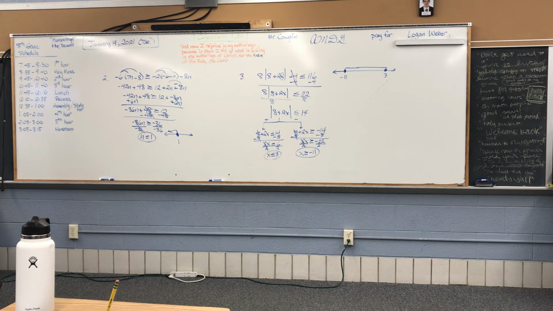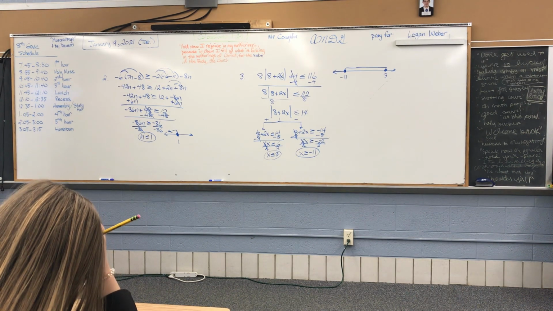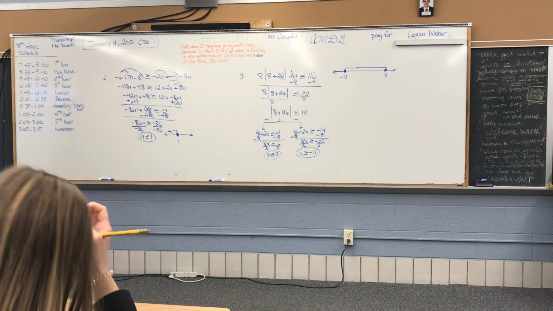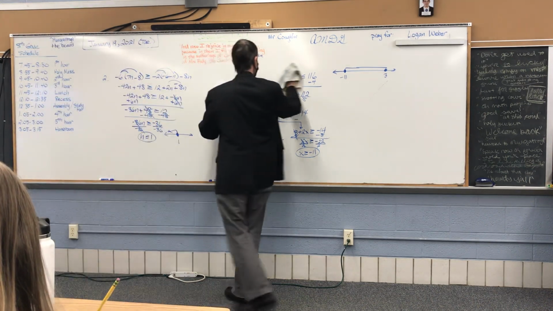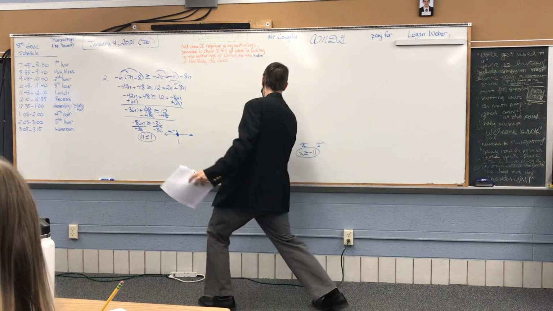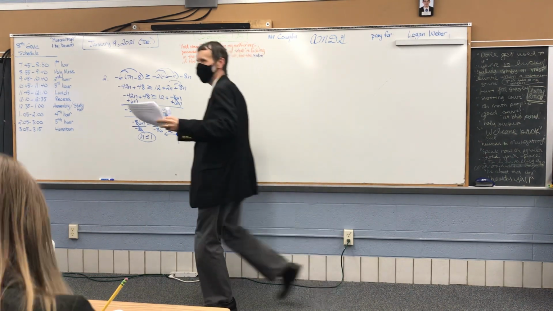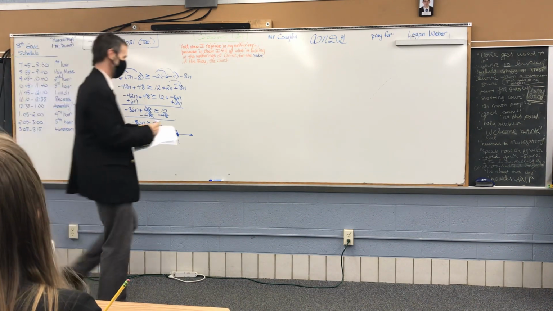How do you do that? What did you get as a final answer? I just did x belongs to negative infinity... Okay, how did you come to that conclusion? What results did you actually show up with on your paper? Oh, so x is less than or equal to x. You got x is less than or equal to x? Ah, interesting. If you distribute all of that, you get